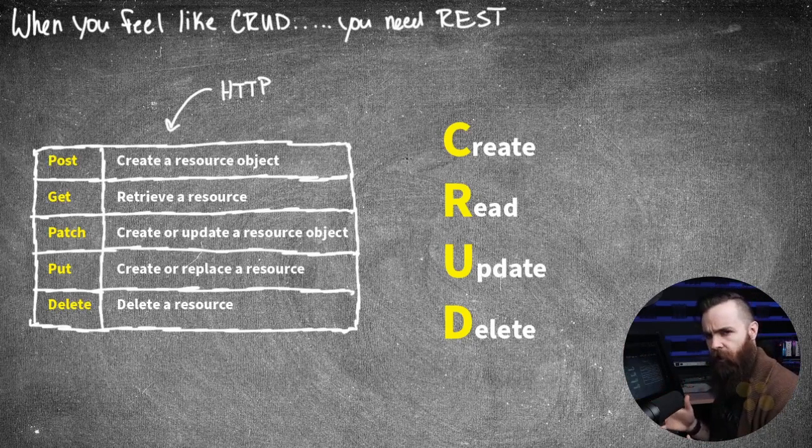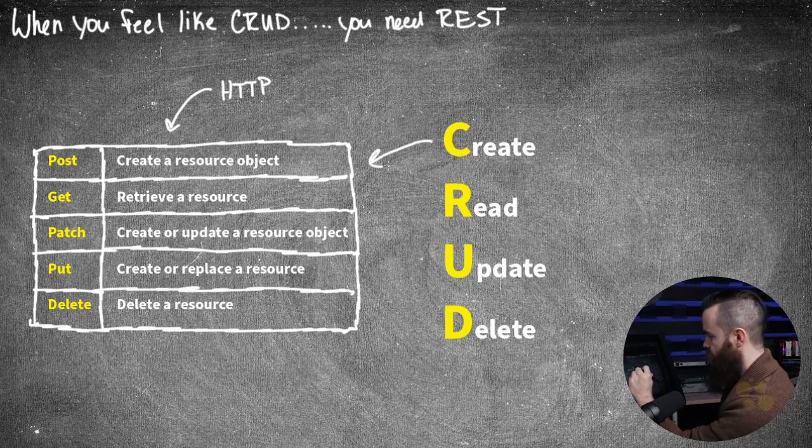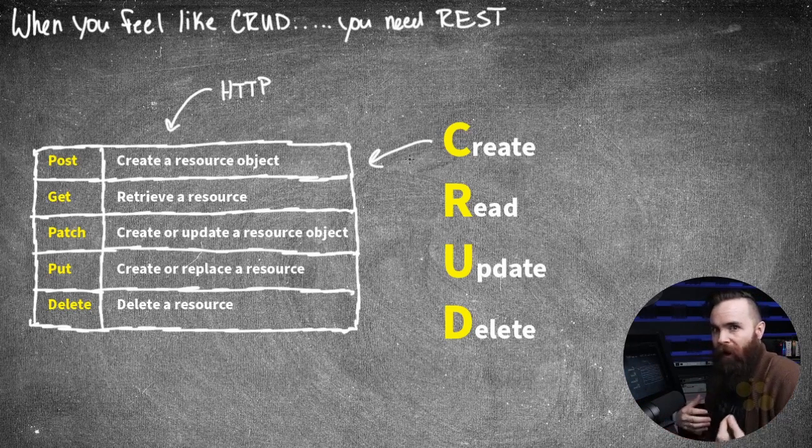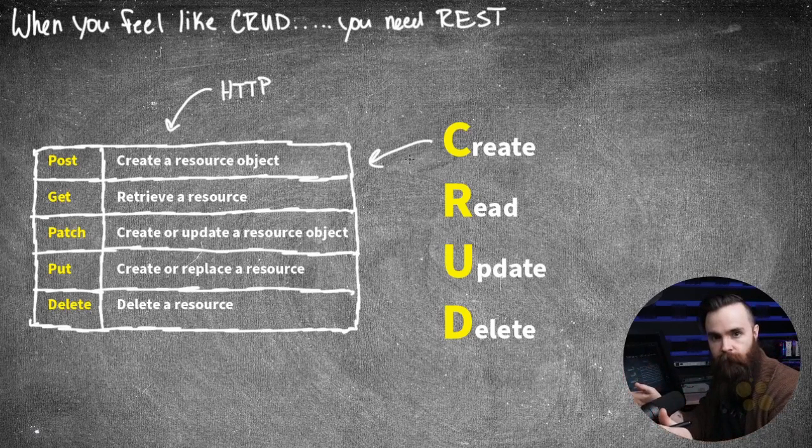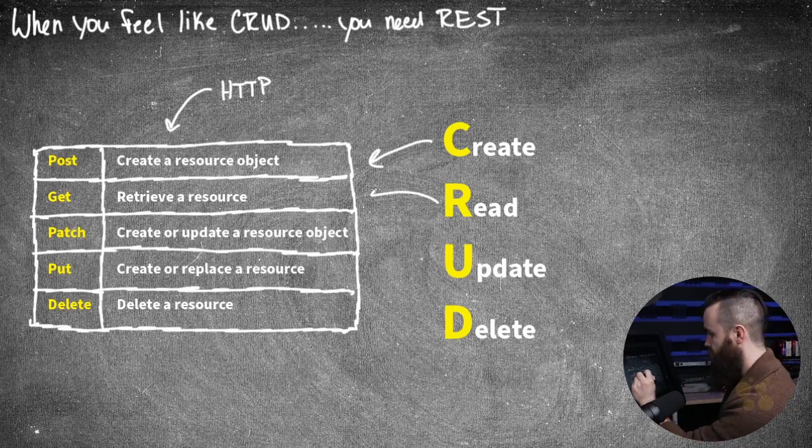So how do these match up? Well, create matches up to post. When you want to create a loopback interface on your router, you would be sending a request with the create action or verb. They're often referred to as methods, HTTP methods. When you want to read something, when you want to get something, router, what's your host name? You'll get it. Go get it.